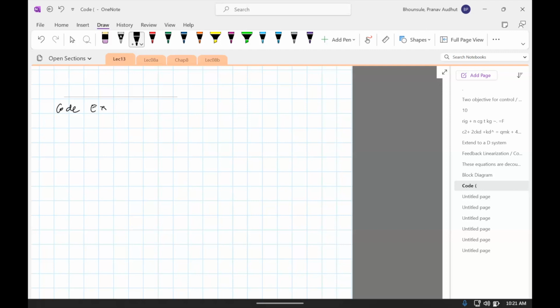Code example one, I think it is called, let me see. So I'm just going to write the name so that when you look at the notes and compare it against the folder, you'll make sense of it. So the folder is called control